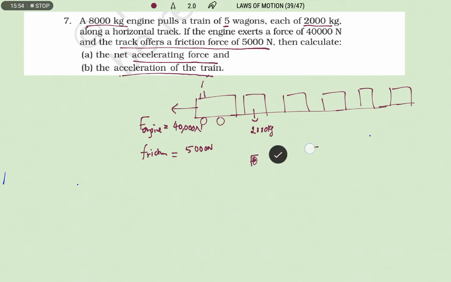So F equals m into a. Net accelerating force they are asking. So F, the force exerted by the train, that means force exerted by the engine minus force exerted by the track on it. So that will give the net force. So net accelerating force